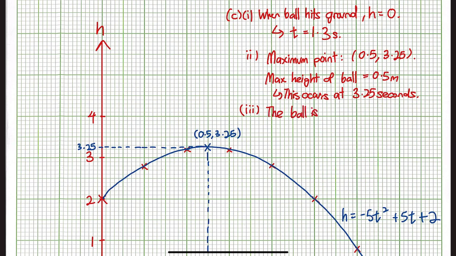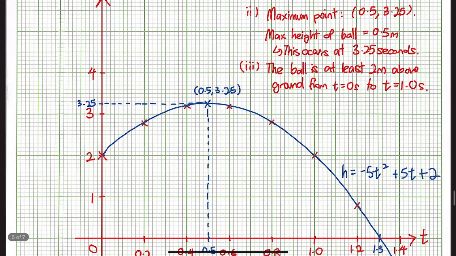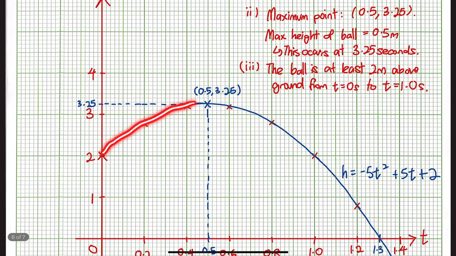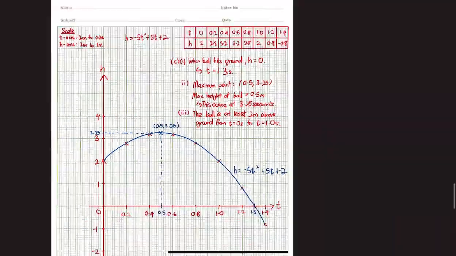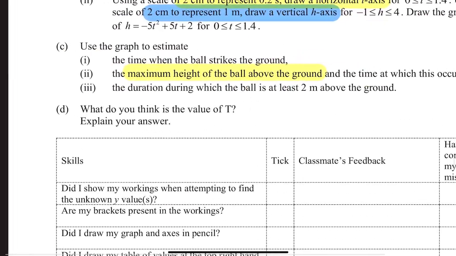is at least 2 meters above ground from t equals to 0 second to the time equals to 1.0 seconds. Okay, that is the duration at which the ball is at least 2 meters above ground from 0 seconds to 1 second. Okay, and then now for the last part over here, what do you think is the value